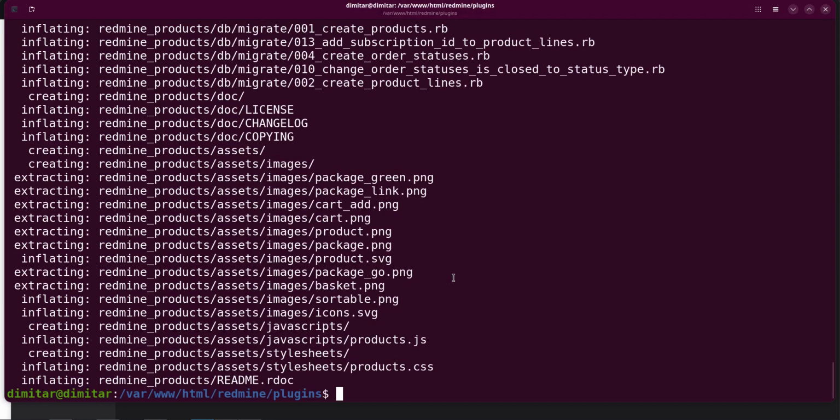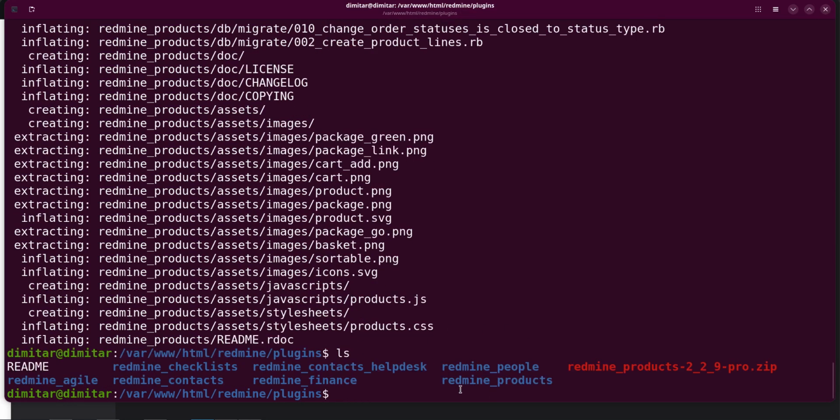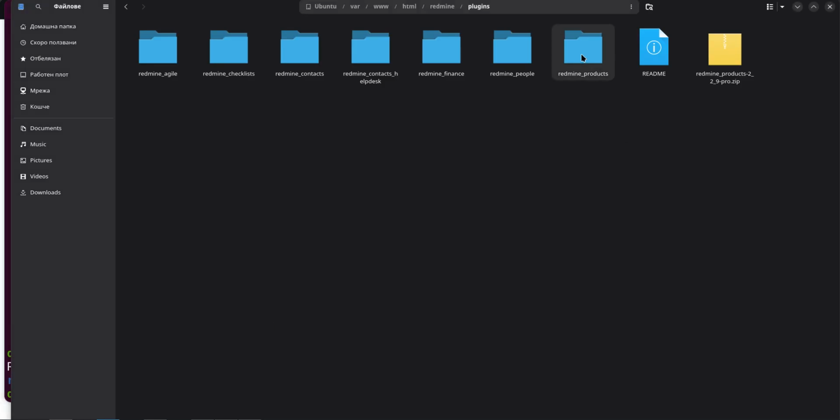Okay, so these separate rows mean that it is successfully unzipped. If you'd like to check this, we'll list again and see that the Redmine products folder is successfully unzipped. If we go back to the file system, here it is. This is the products. Okay, so the next step is that we do not need this zip file and we have to remove it